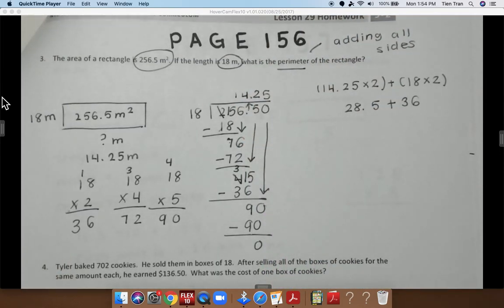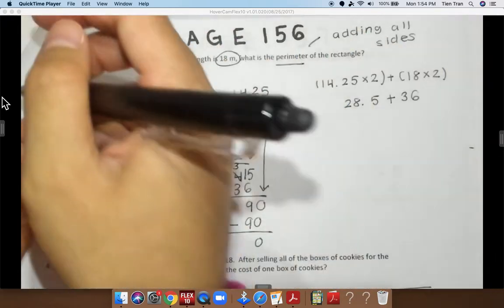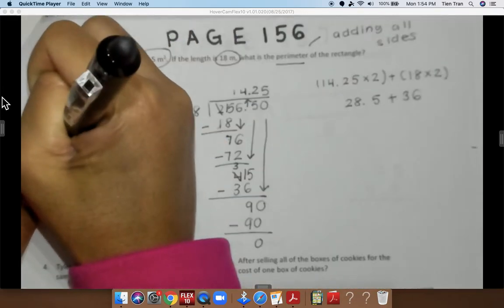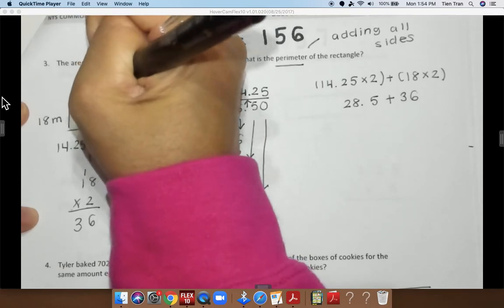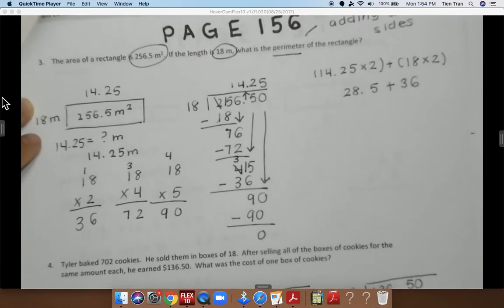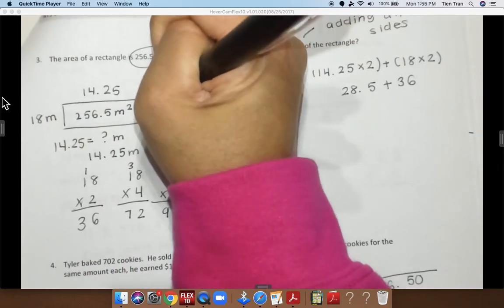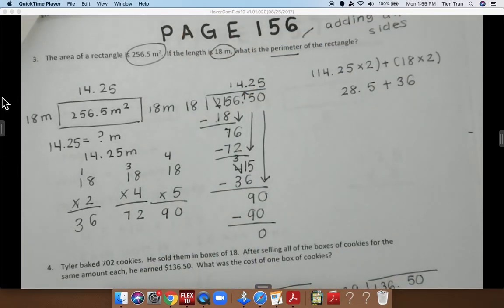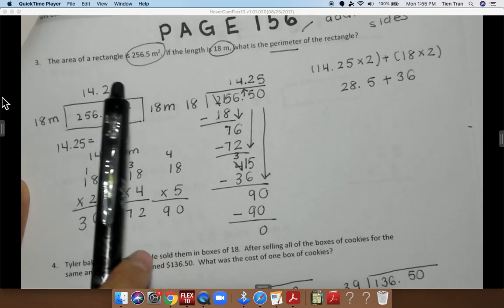You get 14.25. Now, you're not quite done yet because we know that this measurement is 14.25. Now we know what that is. Now, to find the measurements of a perimeter means that you're going to add 14.25. Both of these are 14.25 because they're the same length. A rectangle has the same sides. And then we have 18 meters on this side, and they are also the same. So I'm adding together 18 meters plus 18 meters plus 14.25